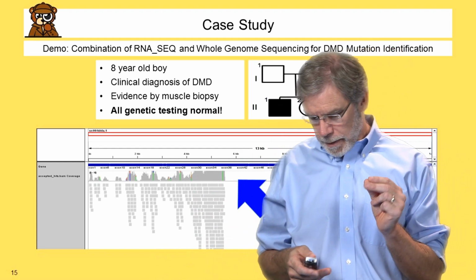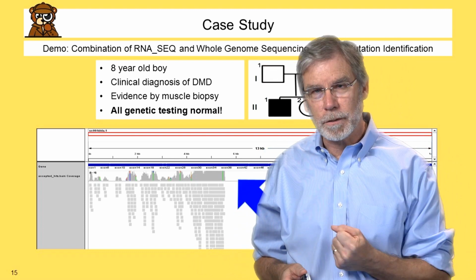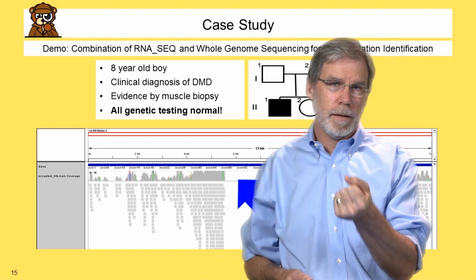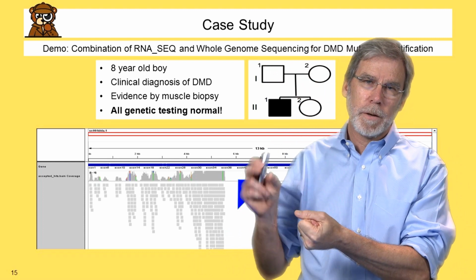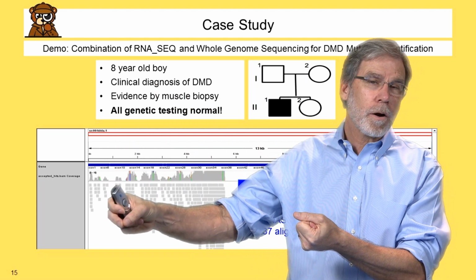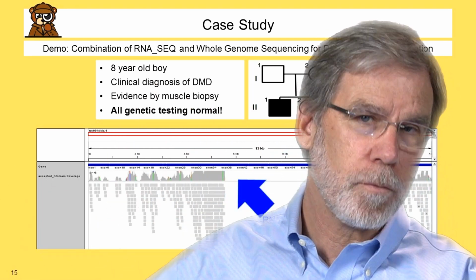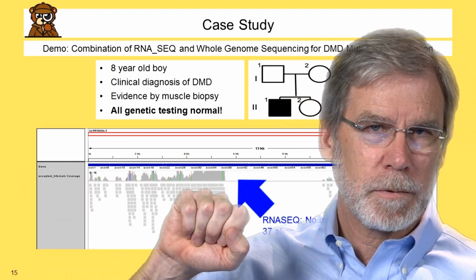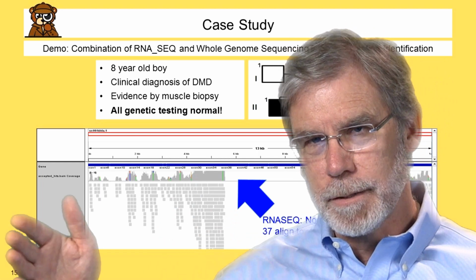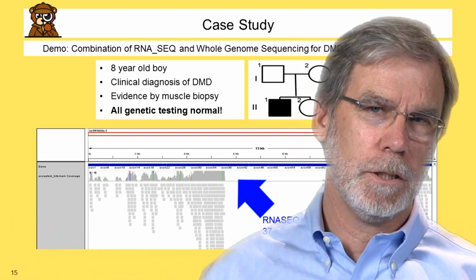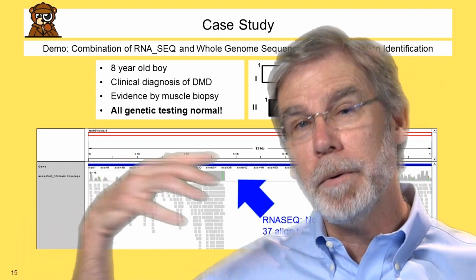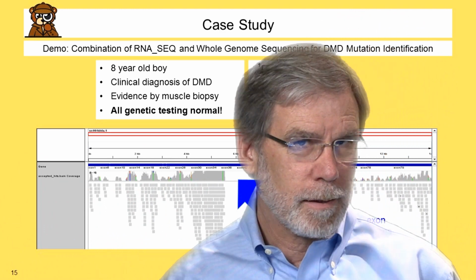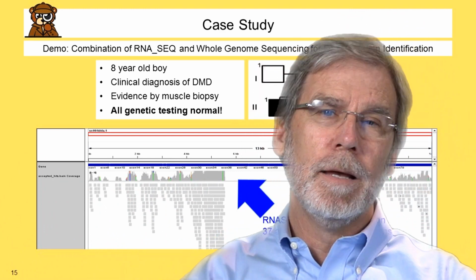So to get at that issue, we went about taking his muscle biopsy that had been done actually several years before we were working on his case, and we could take RNA from that muscle biopsy sampled years before. So it's sufficiently stable that we can do this. We take RNA from the muscle biopsy, and we just shotgun sequence all of the mRNA that's made. So every single gene is being made, every single gene is being sequenced, but here we're only suspicious of the DMD gene. So a postdoc in the lab, Richard Wang, could take all of those reads and map them back